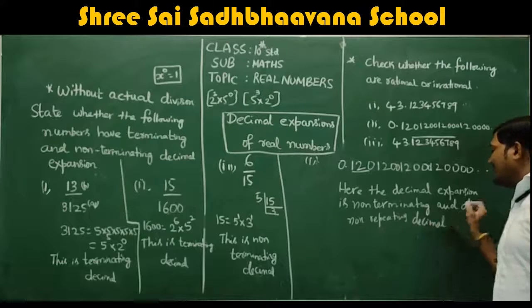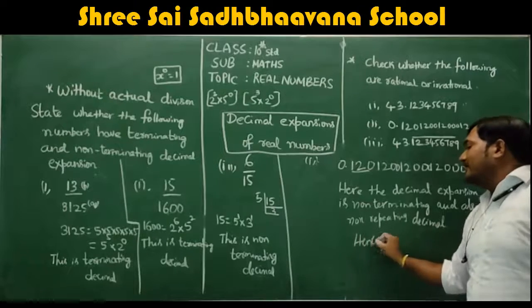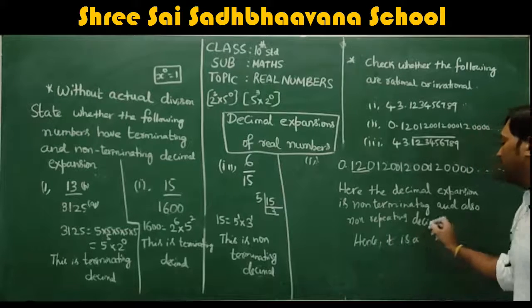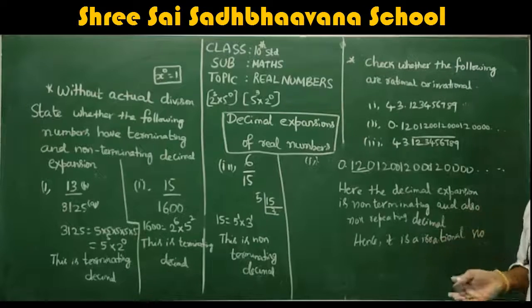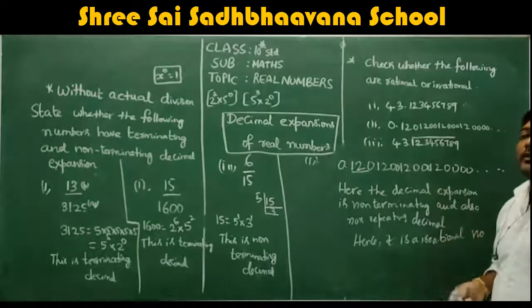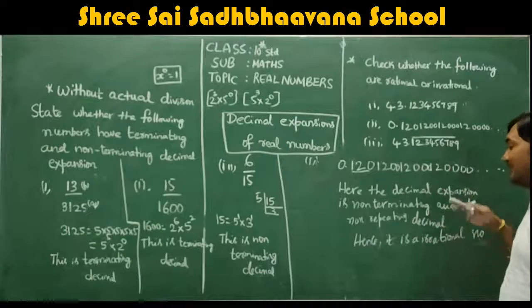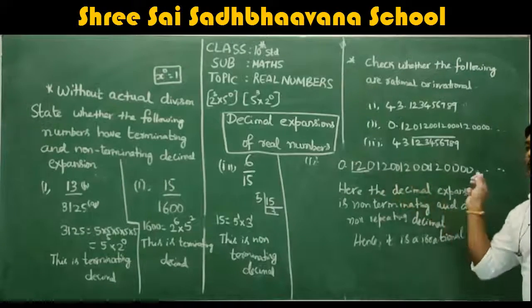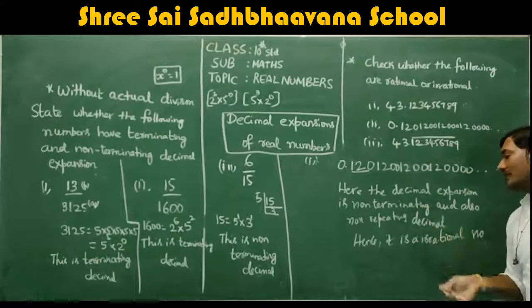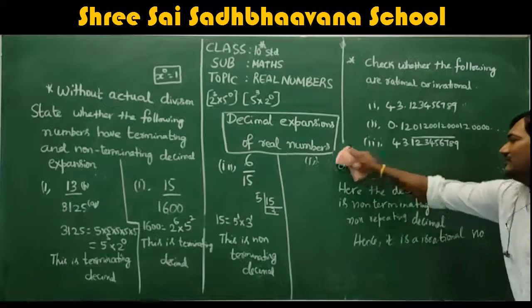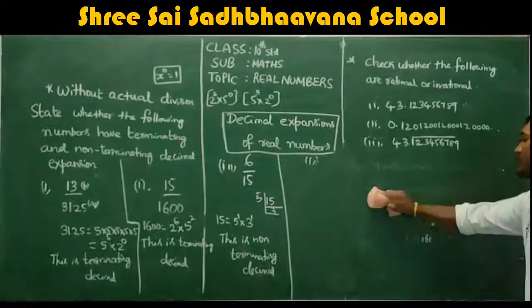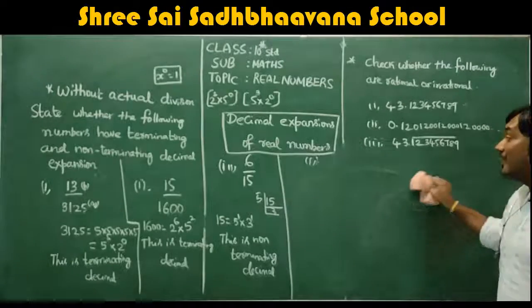So hence, what kind of decimal number is it? An irrational number, like pi, root 2, root 3, root 5. Those are irrational. This is also one kind of irrational, because the main reason is that it is non-terminating and non-repeating. I hope you understood this. I'm going to explain once again. It is very easy. Just find out the type of decimal expansion. The last one is